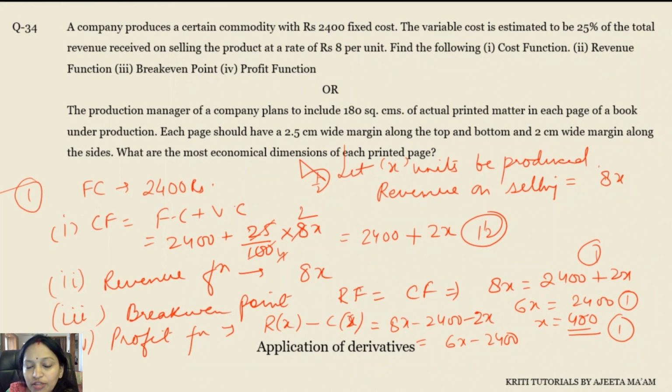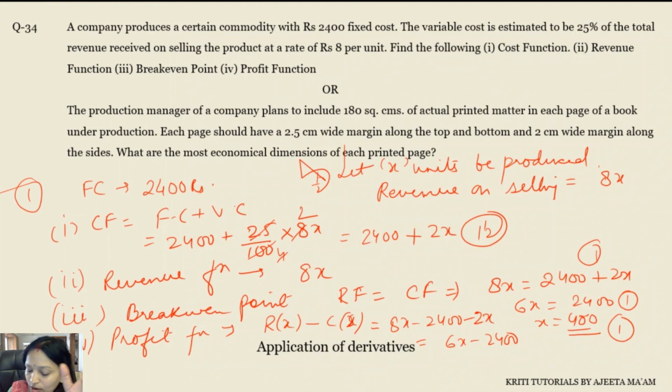Now the production manager of a company plans to include 180 square centimeters of actual printed matter in each page of a book under production. Each page should have 2.5 centimeter wide margin along the top and bottom and 2 centimeter margin along the sides. So what are the most economical dimensions? Correct? Now it's a question based on application of derivatives. पहले वाला economic था, ये mathematical है आपका. Simple question है, ये भी